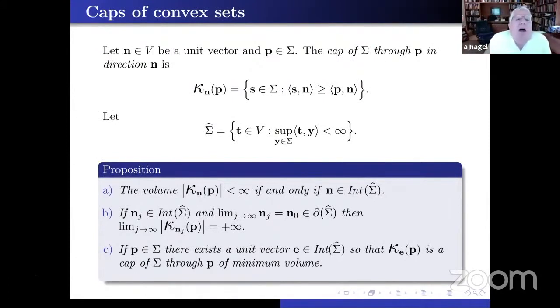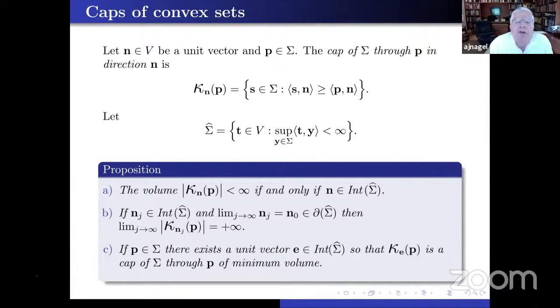Okay, let me begin by talking more explicitly about caps of convex sets. So I have a set sigma, I have a point P in sigma, and any cap of sigma is simply the intersection of the points in sigma with the half plane defined by the hyperplane orthogonal to this unit vector n passing through P. I'm going to let sigma hat be the supremum over